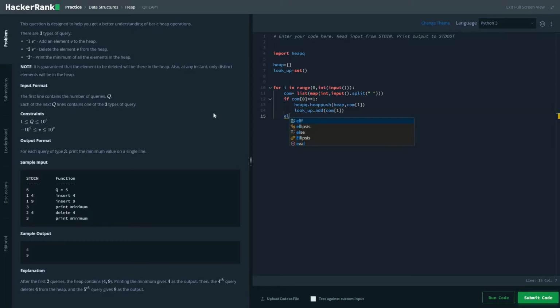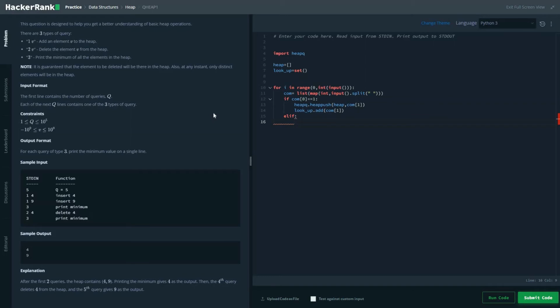Now we'll be going for the second command, which is basically the delete command. As I already told you, in heap, to my knowledge, I have not yet been able to find a way to delete an element from the heap. We could pop out the element, but popping would basically mean it pops out the lowest value from the root. That's okay, but here the idea is not popping any element, but an element of value v.